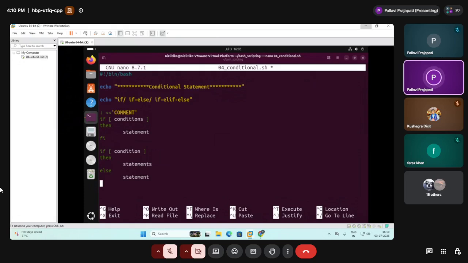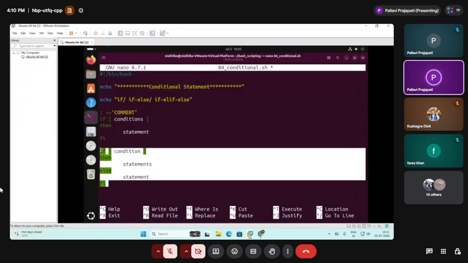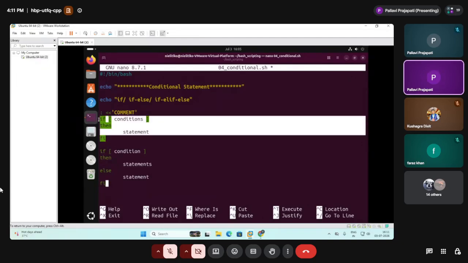And after that again you will close this if block by fi. Okay, so this is the syntax which is different from other programming languages in this script. For the if, you will write if, then open square bracket, inside that you will write the condition, then you will write then. After then you will write whatever statement you want to execute. After that, to close this if block, you will write just the opposite, fi,